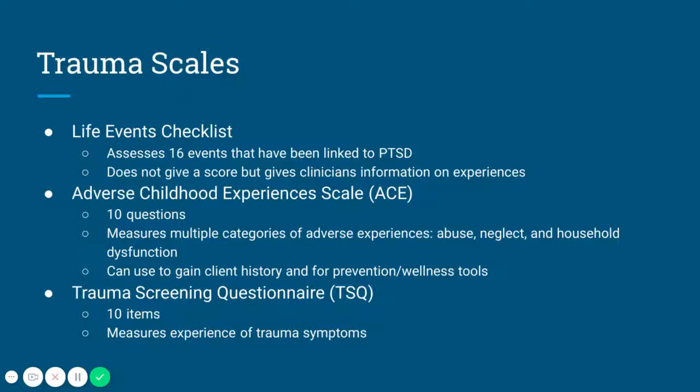Looking at trauma scales, there are two trauma scales, the Life Events Checklist and the Adverse Childhood Experiences Scale, that are simply looking at specific events that have happened in a person's life. It doesn't give a score. The Life Events Checklist doesn't give a score, but it gives clinicians information on what the client's experiences have been. Similarly, the ACE does give a score, but it really does just talk about specific experiences, and it looks at multiple categories of adverse experiences, so abuse, neglect, and household dysfunction. And so those can be used to gain client history and also to develop prevention, wellness tools, treatment plans, focused